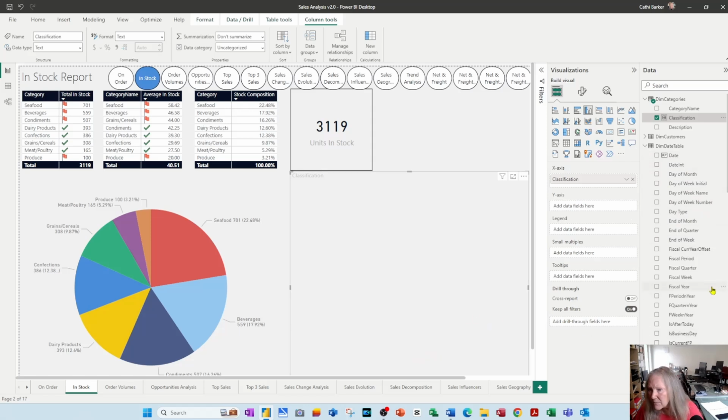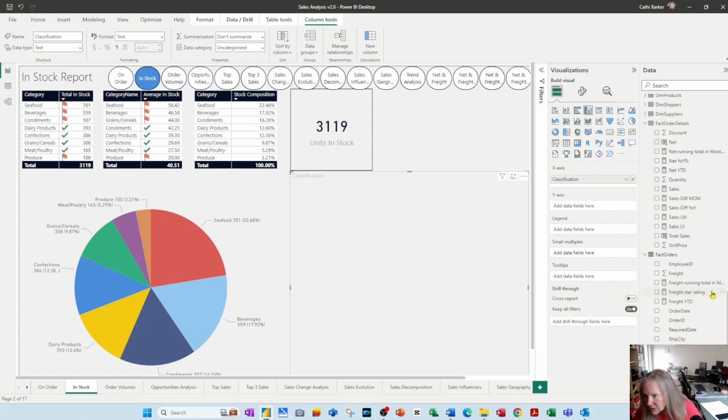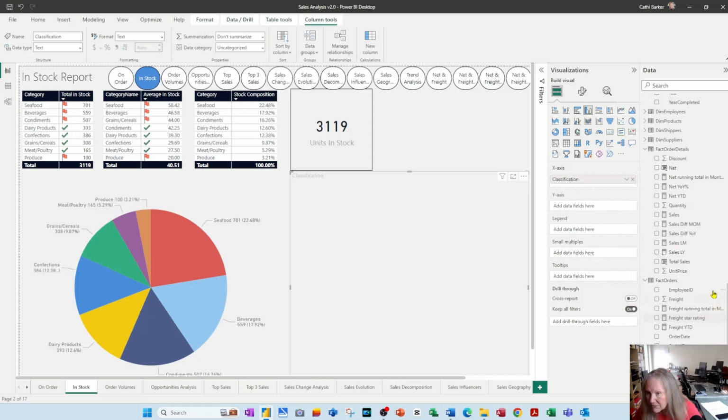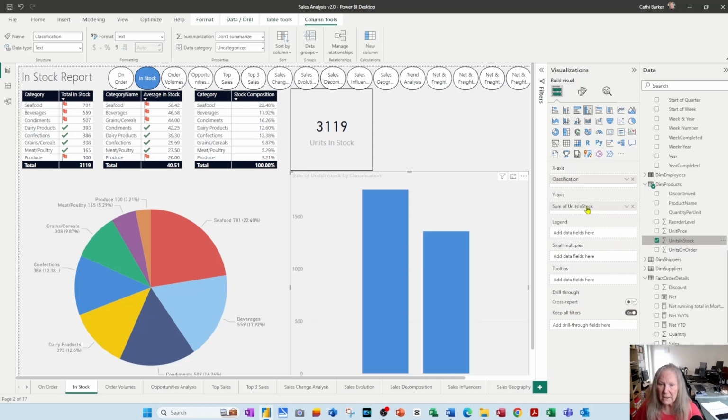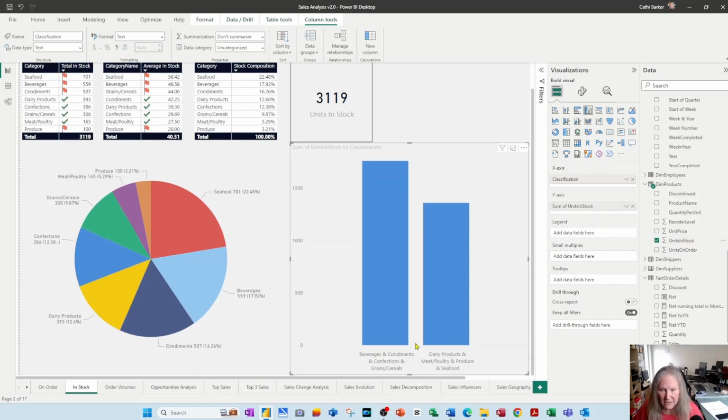And I'm going to grab my units in stock. Units in stock can be found in my products table. Units in stock goes to the y-axis. So straight away, there are my two classifications, and that is the number of units I have in stock broken